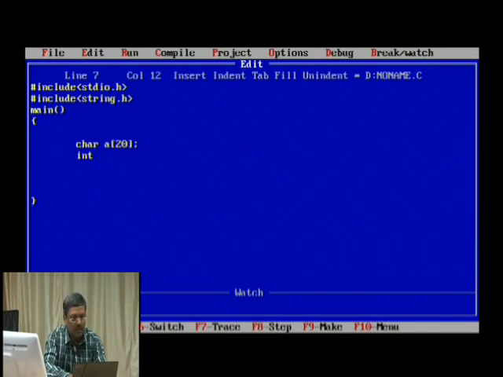Length will always be an integer, so I can say l, or even len for that matter. This is a variable I need, and I can directly calculate the length. So these two variables are enough: one is a character array for storing the string, and the other is to find out the length and display it. So we need an integer variable called len or simply l, whatever it is.